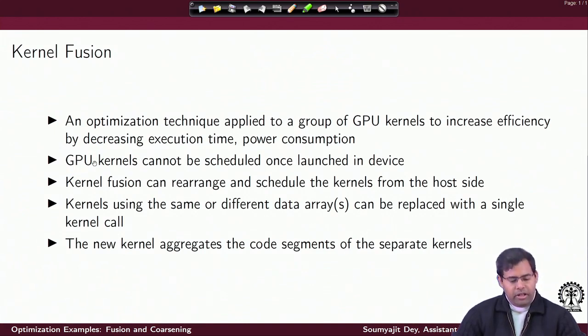For example, whenever I am launching a GPU kernel after setting up suitable launch parameters, I have no control on how the different threads get scheduled, right? It's all decided by the hardware scheduler. So, I have no control on how the threads get scheduled, and typically when one kernel is running, I won't have the flexibility of launching another kernel as long as kernel 1, which was running, doesn't finish.